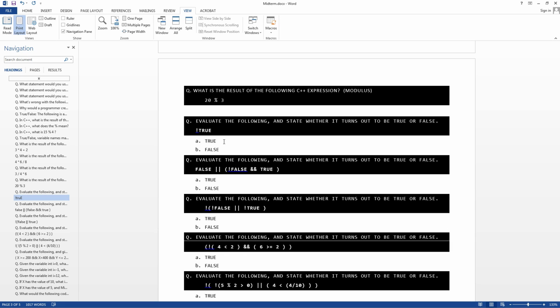So let's do this for the remainder of them. Work from the inside out. This is how I solve all of these. In this case, I'm going to solve this one here. What is not false? That's true. What is true and true? It's true. What is false or true? That's true. Okay? This is false. Same thing here. What is not false? That's true. What is not true? I'm just going through and replacing it. And then what is true or false? That's true. And then I replace this here.